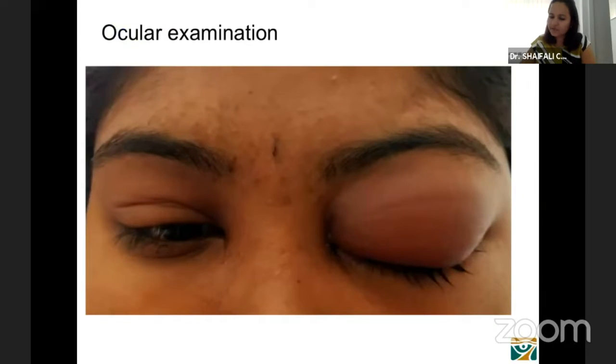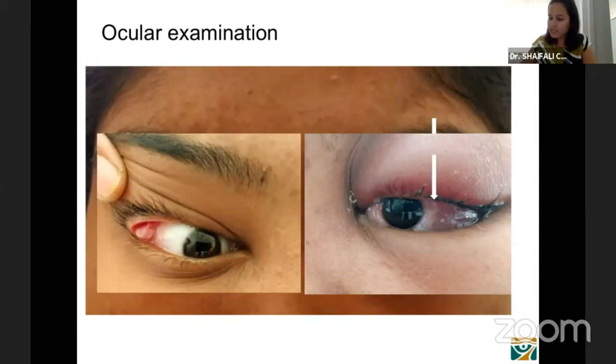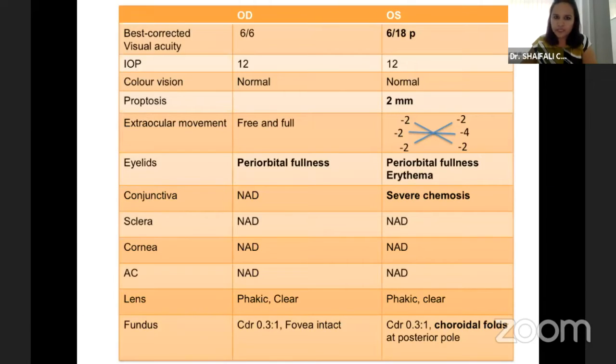So on ocular examination, when we did the detailed examination, as you can see, there is periorbital fullness in her left eye, and the classic, just as we discussed, rubor, dolor, calor, all are present here. In fact, in the red eye also, there is fullness present. And as you can see, there's S-shaped ptosis also. There was severe chemosis in the left eye with totally restricted extraocular movements. And in the right eye, there was an enlarged palpebral lacrimal gland that was seen. This is just an overview of her examination.